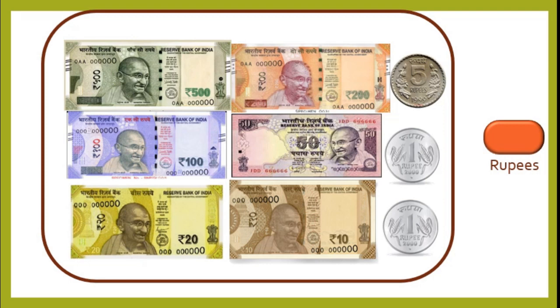Okay, we will verify. Here this is 500. This is 200. So 5 plus 2 is 7. So this is 700. This is 100. So 800. This is 50 rupees. So this is 850. Here again 20. 850 plus 20, 870. Correct? This is 10, 880. This is 5, 885, 886, 887. Isn't it?